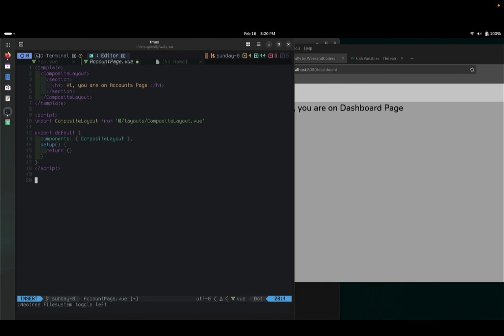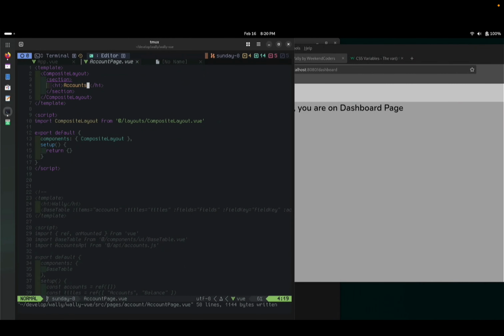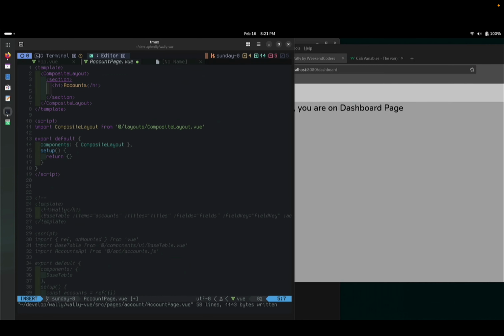So in paste inside here we have an h1 and just have accounts title, and here we can use base table items, accounts,